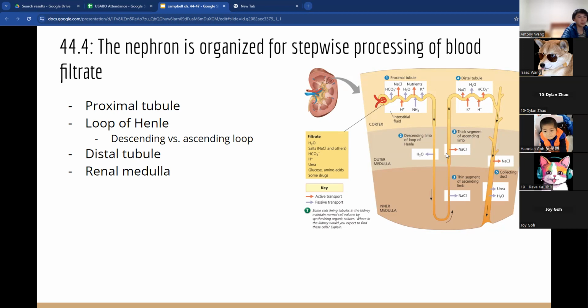And the ascending limb will pump out salts. So the ascending limb pumps out a bunch of salt into the environment. And this salt kind of settles lower, so that the inner medulla of the kidney is much more concentrated than the outer medulla and the cortex. So as you go down, the concentration of salt and urea increases ultimately by a factor of 4. Right here at the bottommost tip of the branch, there's 4 times as much salt and urea